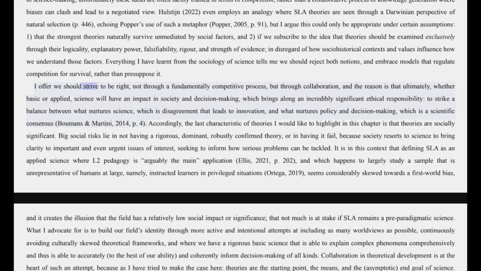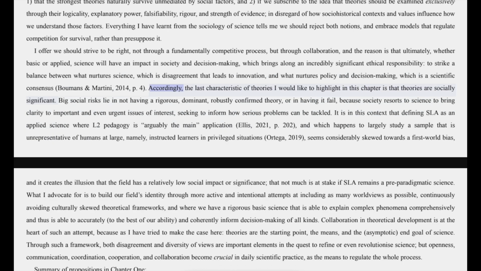I offer we should strive to be right, not through a fundamentally competitive process, but through collaboration, and the reason is that ultimately, whether basic or applied, science will have an impact in society and decision-making, which brings along an incredibly significant ethical responsibility, to strike a balance between what nurtures science, which is disagreement that leads to innovation, and what nurtures policy and decision-making, which is a scientific consensus. Boumans and Martini, 2014, p. 4. Accordingly, the last characteristic of theories I would like to highlight in this chapter is that theories are socially